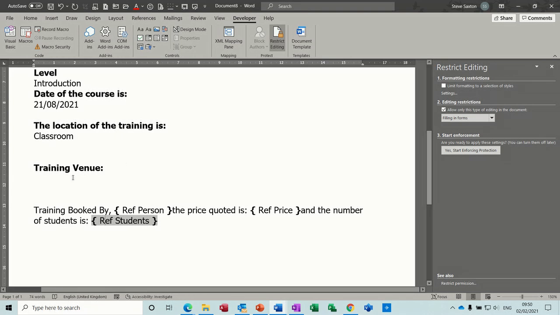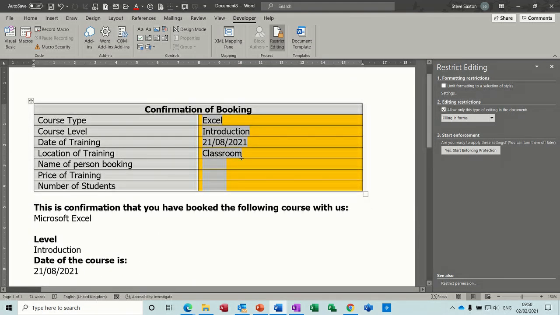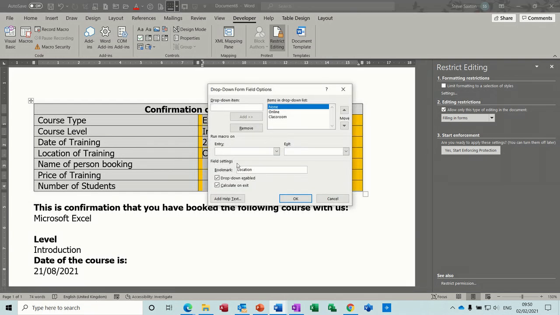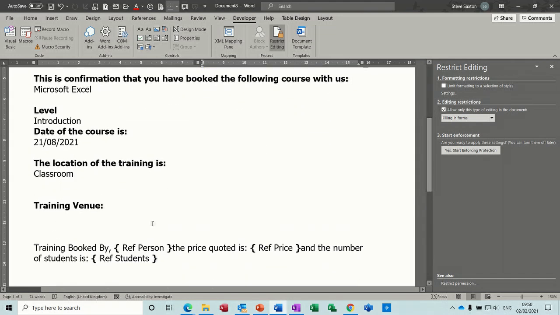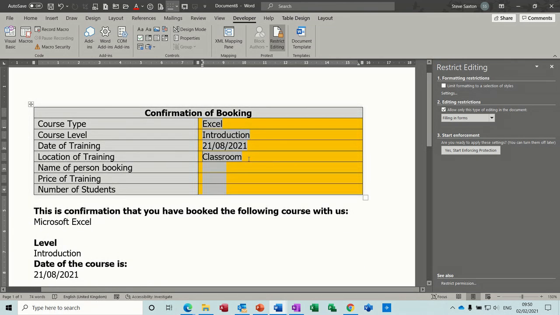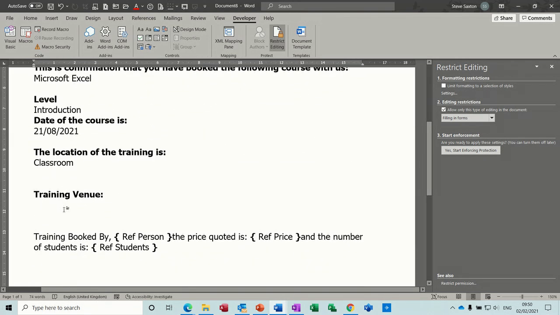That should work. Now the last thing I want to do is this training venue based on classroom. So I want to do another if statement. Location of training. So I've called that, if I go back in there, that's called location. So if location equals classroom, I want this to give the address. So let's try this one. So Control Fn on my computer, or Control F9, if, and then Control F9 again,